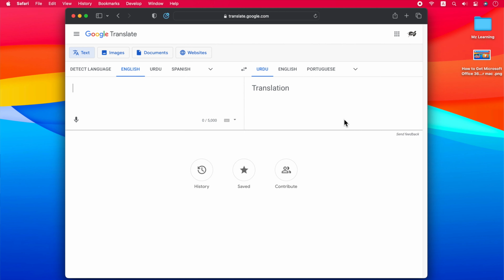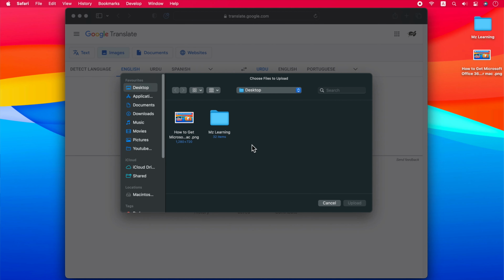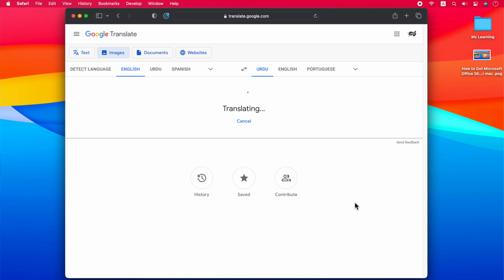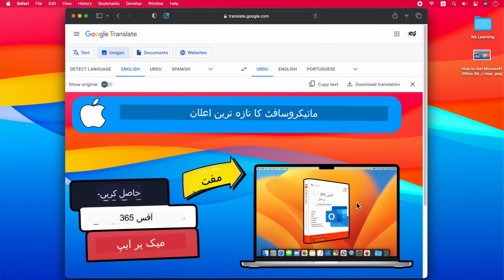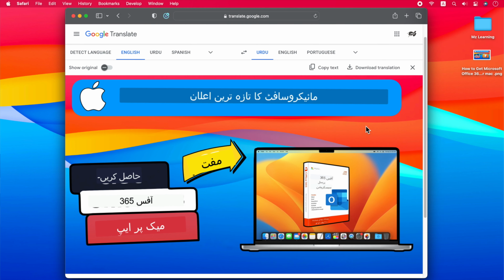Anyway, if you go to the Google Translate website, you will see a new Images tab. Click it, and you'll be asked to upload an image or screenshot in jpg, jpeg, or png formats from your computer. Let's upload one. After uploading, the Image tool will detect the language of your image and instantly translate it to the language you set